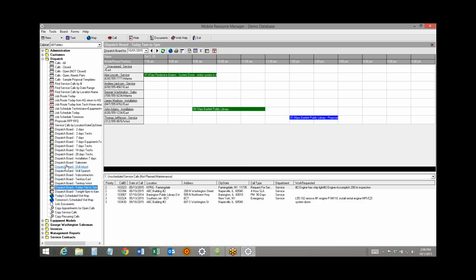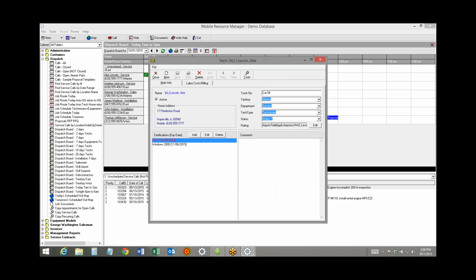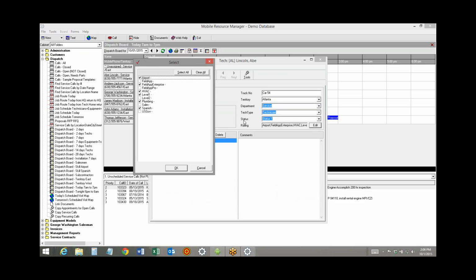Now also, on your people, my resources right now, I've got a bunch of dead presidents here. On each person, you can set up a skill set. So we can go into Abe Lincoln. He's in the Atlanta territory, and he has these skills. He's got airport clearance, so he can work at the airport. He can do HVAC. He can do plumbing. He speaks Spanish, and he's a level 1 guy. So over here,